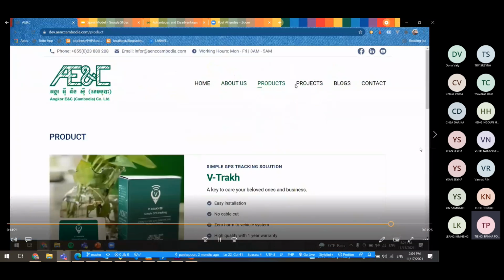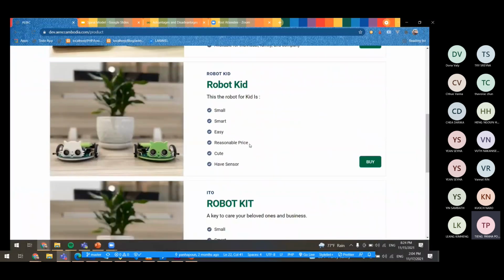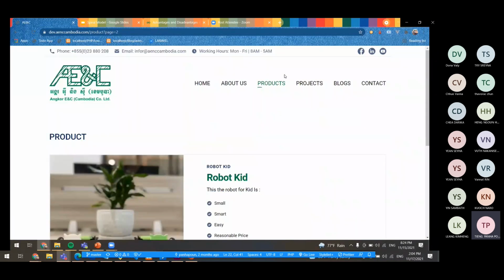And product. Product, users can see only like this. And project, users can see like this, and all like this, and IoT like this. Blog, users can see like this, and content users can see like this.